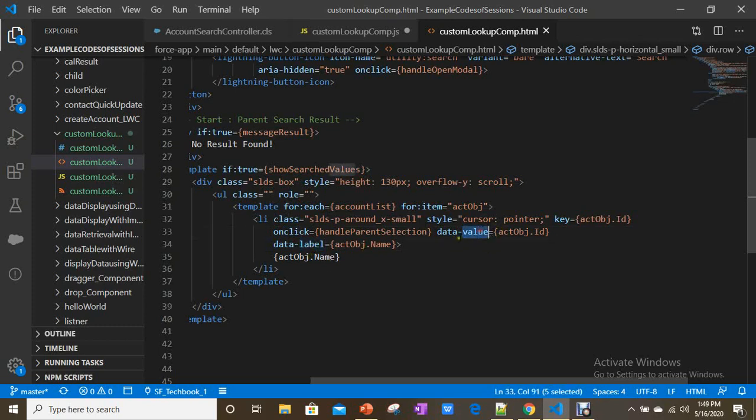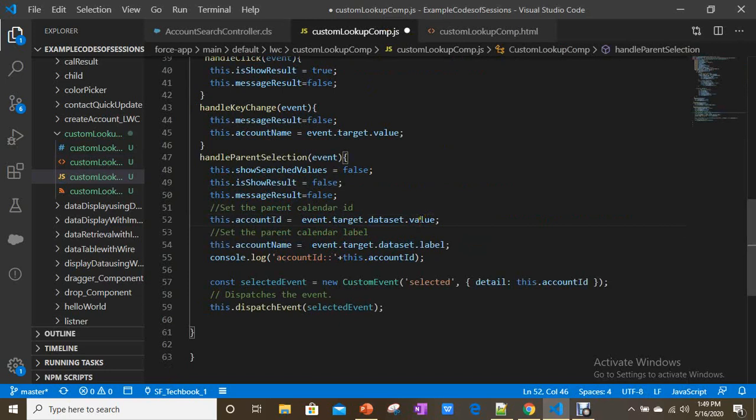This is the name you have to use to access the value, not data value. That's how you use dot value from the dataset property: event dot target dot dataset dot value, or event dot target dot dataset dot label. You are getting value and label, and you are assigning them to account ID and account name.